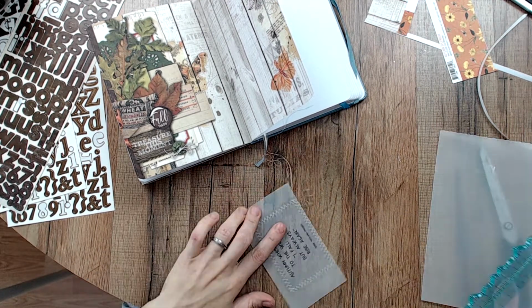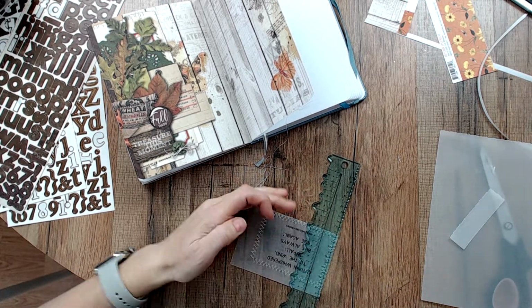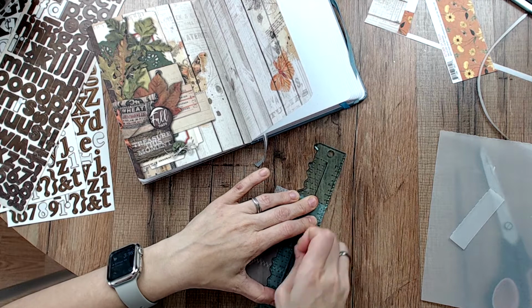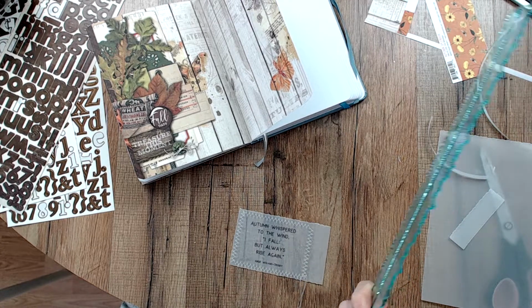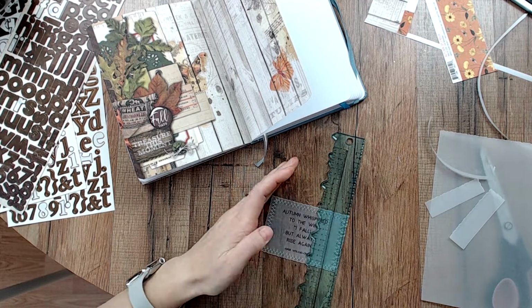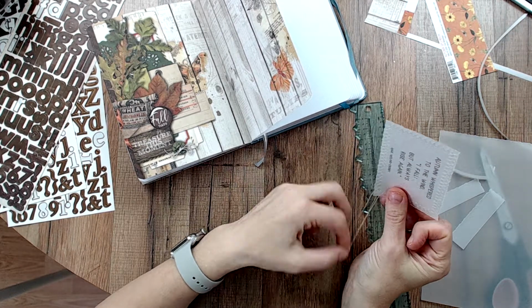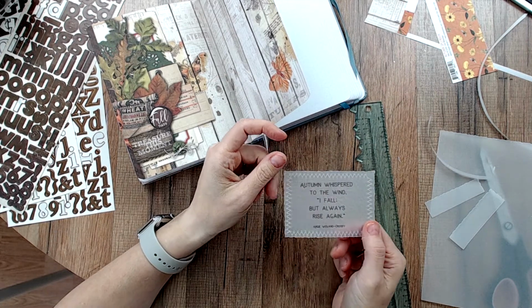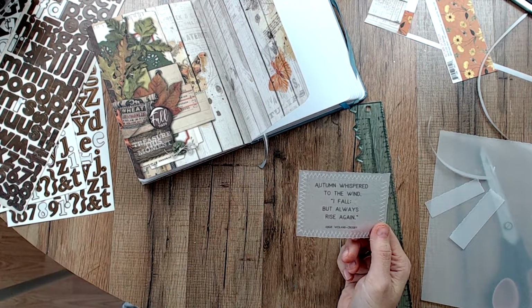So then I thought I would use this ruler thing that I got sucked into by YouTube made me do it. So I had to buy it, and I bought the whole set, and I only used this one. And apparently, I think they throw the other two in so that everybody will buy them while you've got this, because everybody wants just this one. But anyways, so I sewed poorly around the edge of it. Can you see? I have no idea if this is in focus or anything. I had to take the autofocus off because it kept just doing that every time I moved. But it does look like I'm a little...